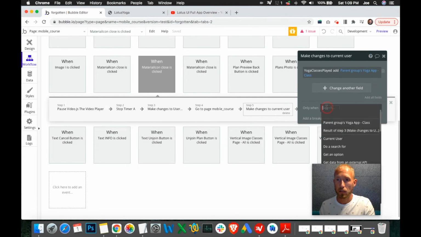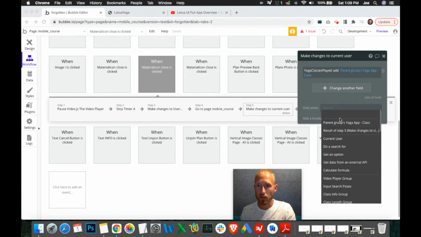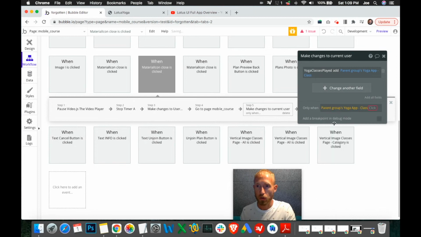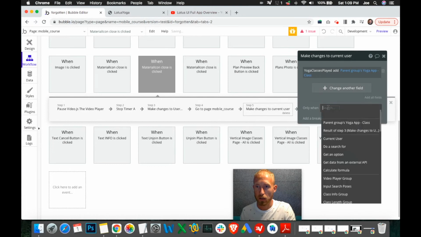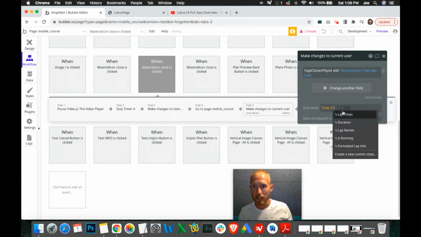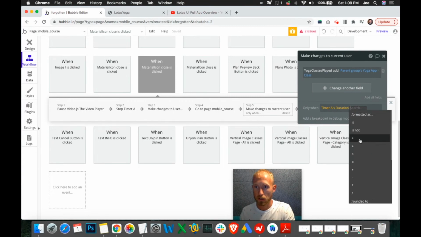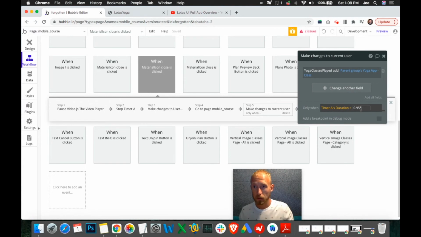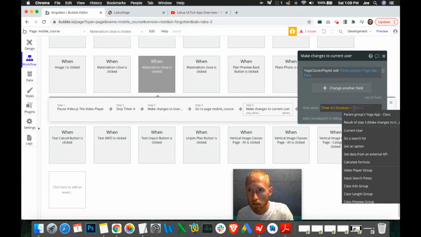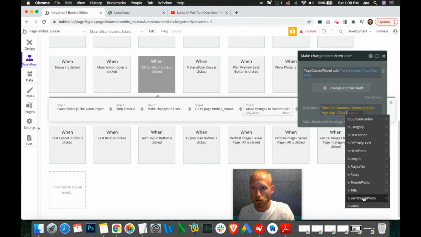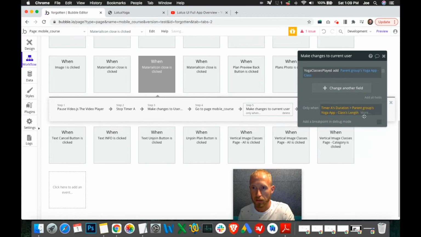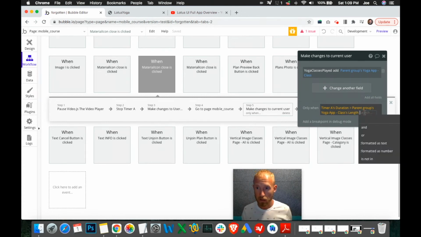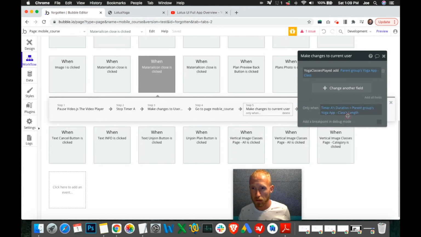However, if they haven't played very much of it, only when, nope, sorry, let's start with that timer. Only when timer A's duration is greater than a little math. Well, I guess we'll put it at the end. The class's length times